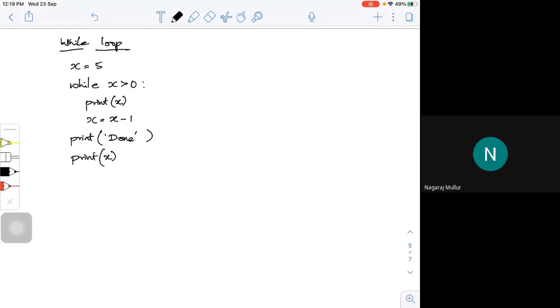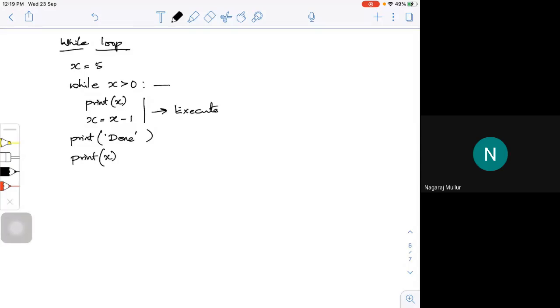If you look into it, this is a simple program. What does it do? For all the values of x which are greater than 0, it will try to execute this statement.